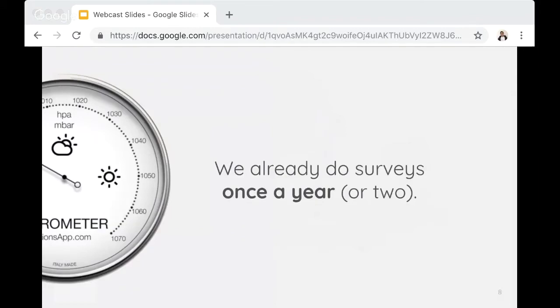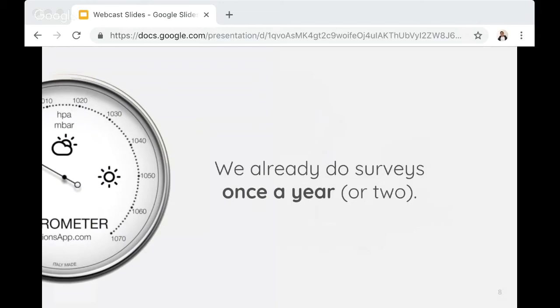The other thing that we do come across a lot is companies that would share with us, oh, actually, we already do surveys once a year. Or sometimes they would share with us, oh, we do surveys every 2 years, and in between we run a pulse survey. So effectively making their survey frequency once a year. And all of this is perfectly fine, much better than not doing any form of feedback collection at all. However, the challenges